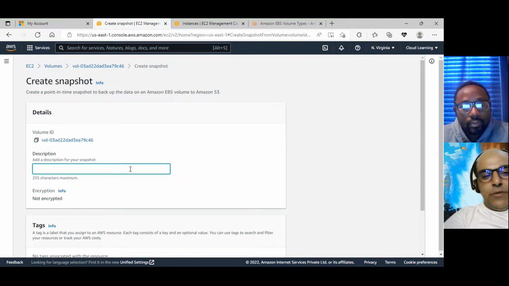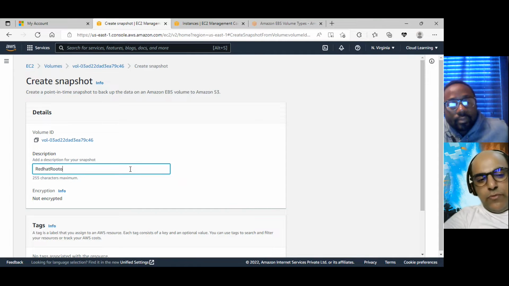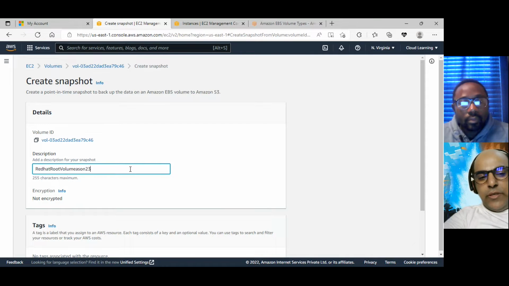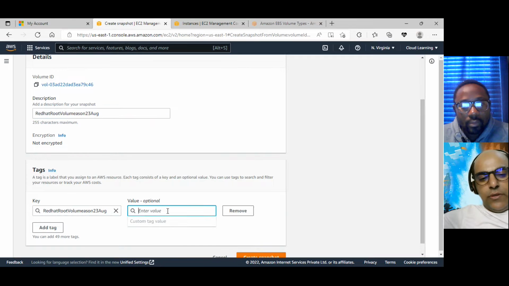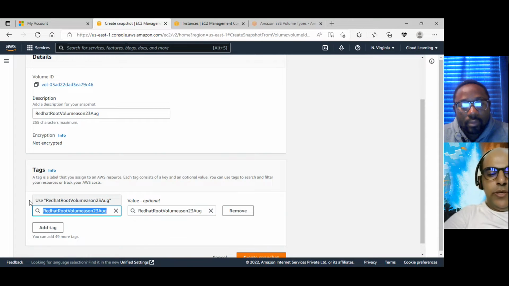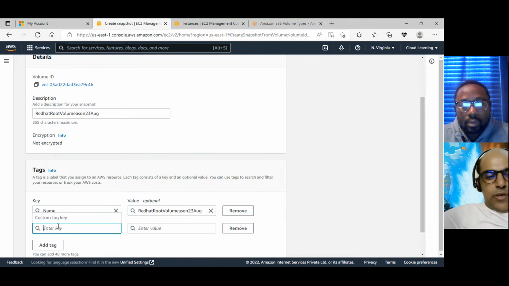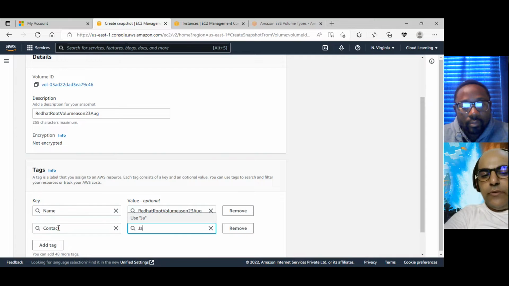I say Red Hat because this was the root volume. So I say root volume as on 23rd August. I can give this value into a tag as well. Like name would be this one and contact would be Jack.